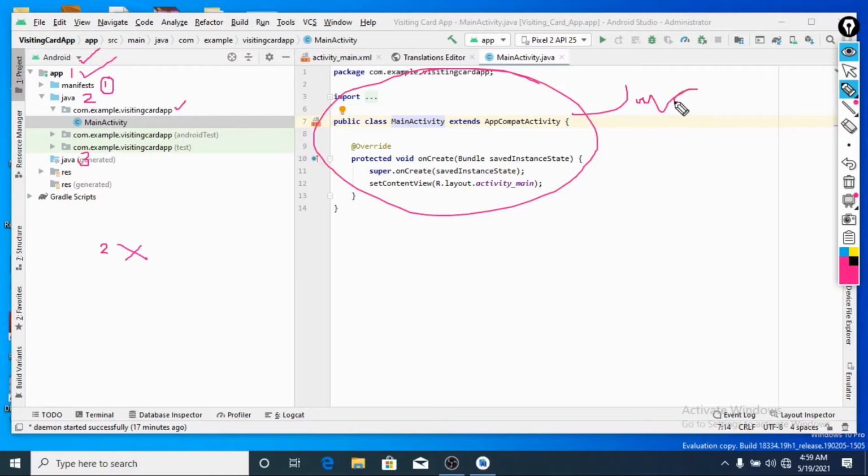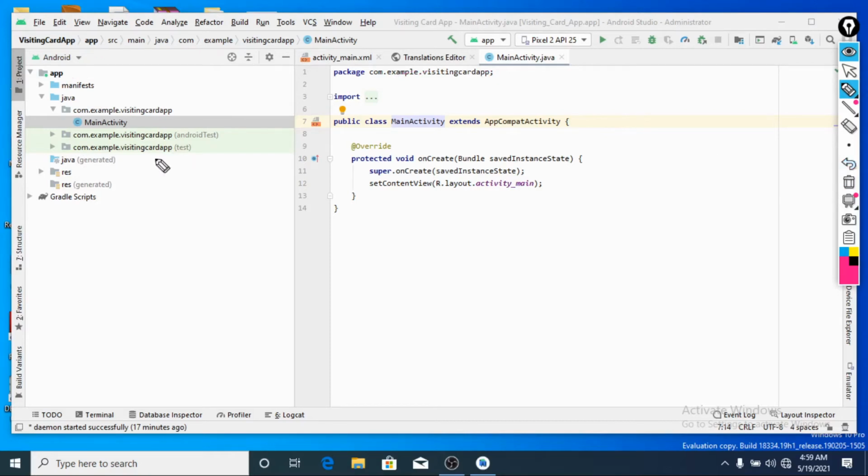This is the heart or core of your app, where the activity, the action, will be done. Hence, the main activity Java program defines my app. Anyway, I will show you the other folder structures also.